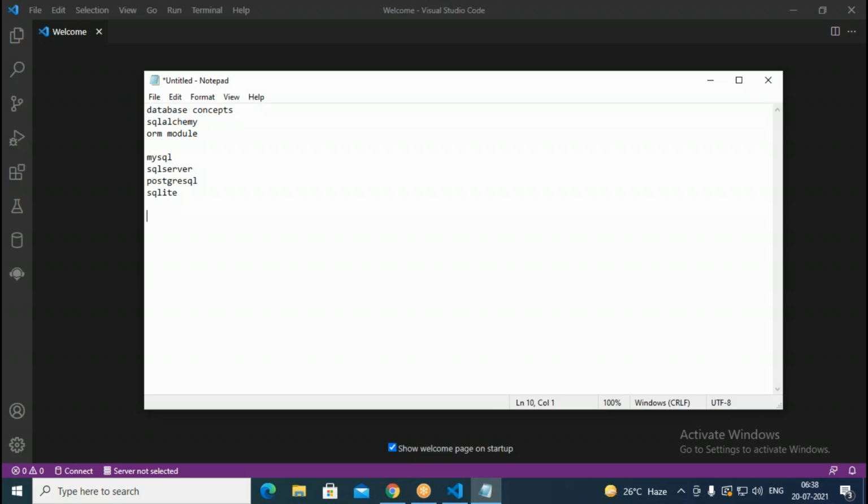We have different ways of getting connected. From Python you can connect to databases in different ways. So we use basically a concept called ORM. ORM is nothing but object relational mapping. So using ORM we connect to the database. ORM stands for object relational mapping. Relational tables get connected to the underlying